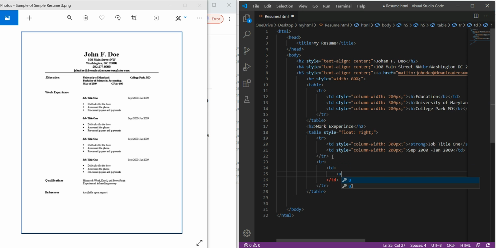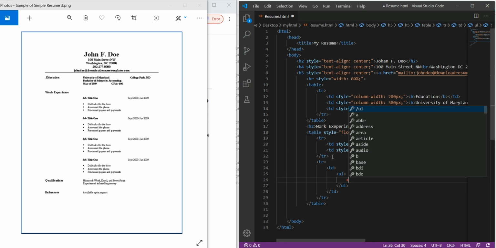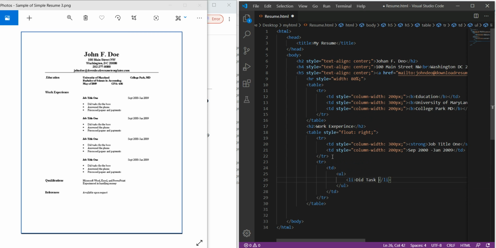Okay, so for the unordered list we have to use the ul element, and in order to create the list we have to use the li element, and here we have to give the value, and the first thing written over there is did task for the boss.